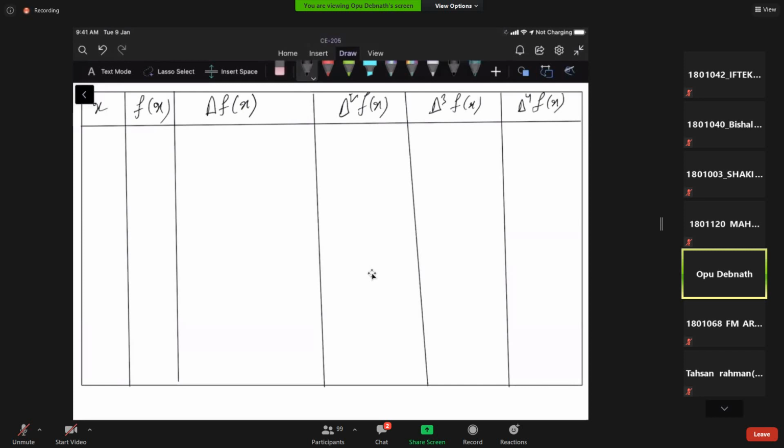Okay, so let's have value x is equal to 4, y is equal to 48. This is the first data set. Then x is equal to 5, 7,